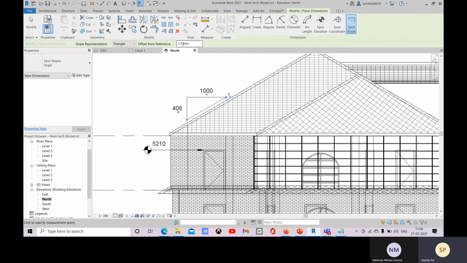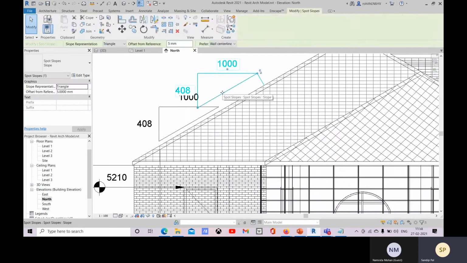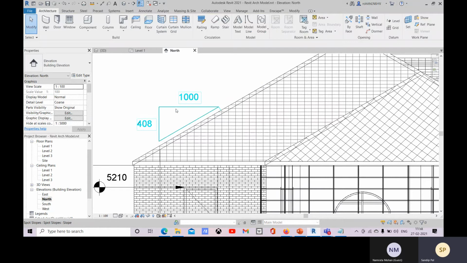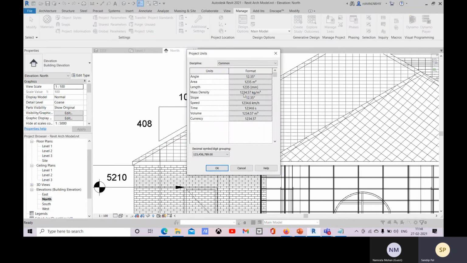Okay, and now you change it like 5 mm, and if you go with this, now you can see it's giving this offset value. Okay, so now you can place it this way. Now you want to see the changes for this. So come to this Manage and your Project Units, and you remember this slope is there.